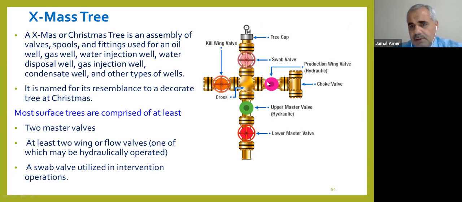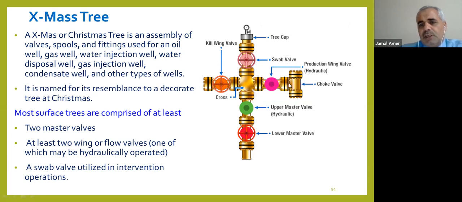Here we have a wing valve. Also, it's hydraulic operated, and we have the choke valve. We talk about the choke. We have two different types of choke: fixed choke and adjustable choke. The fixed choke, if we want to replace it,